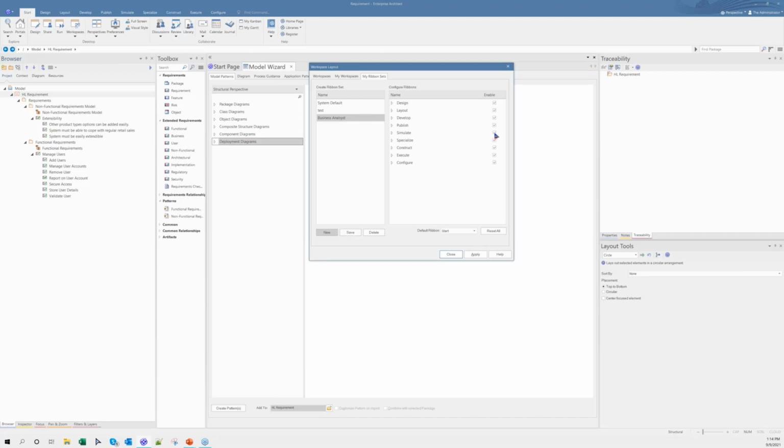may not require the simulation ribbon and the execute or construct ribbon. Even in the publish menu, you may not require the develop ribbon as well as the publish ribbon.